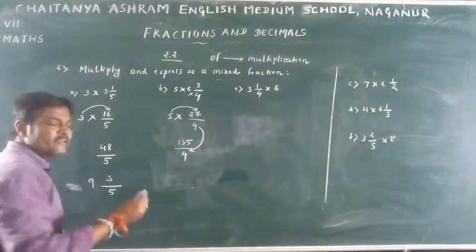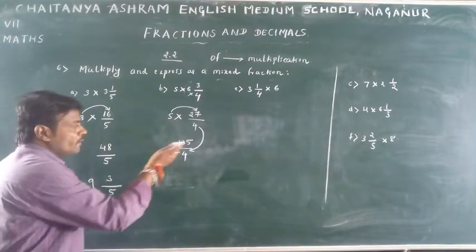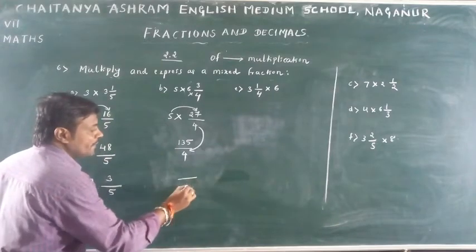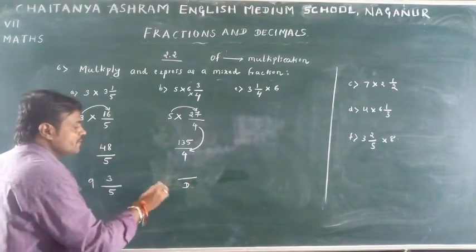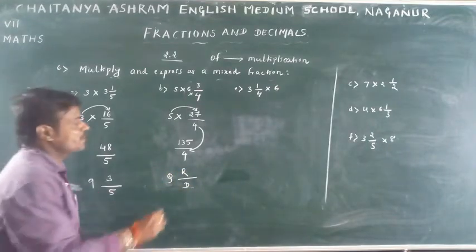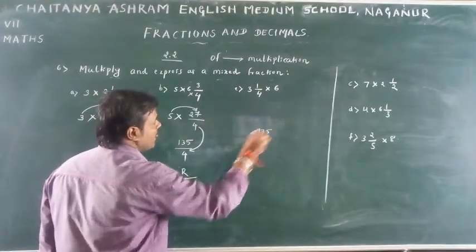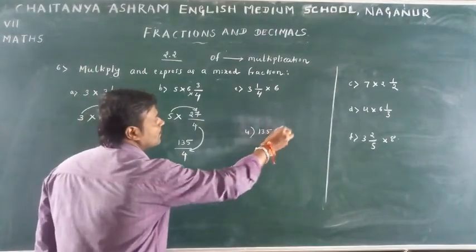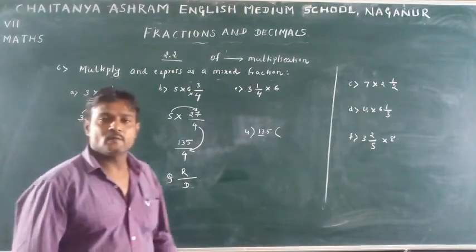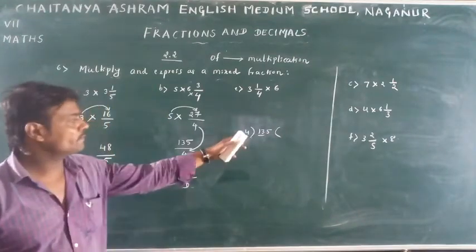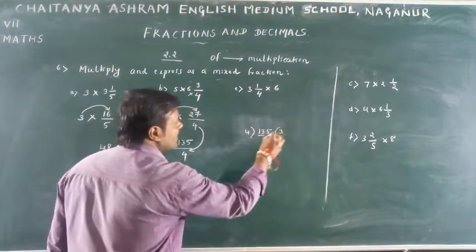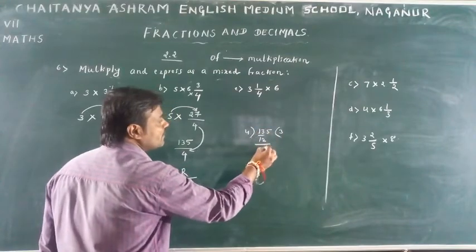Divide. I said one formula to convert a fraction into a mixed fraction. Here we should write D. This is the quotient place. This is the remainder place. Start the division process. Divide 135 by 4. Take 2 digits, 13. 13 is not there in the 4 table. So which is near to 13? 12. So 4 3s are 12. 13 minus 12 is 1.